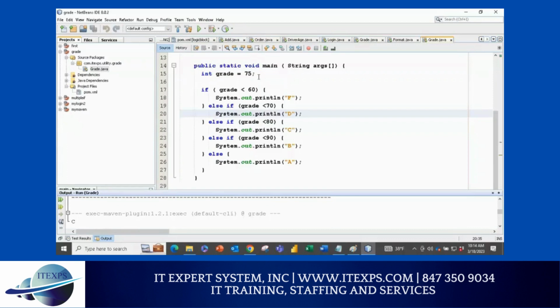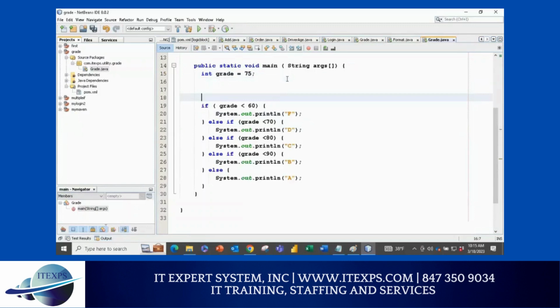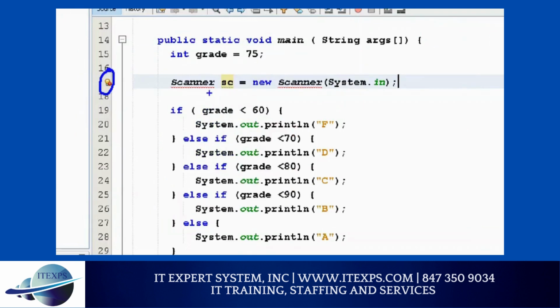Sounds good? Now, instead of this, if I want to make my program dynamic, where the user enters and my grade changes, what should I do? Scanner. And you know Scanner very well, so let's write here. We say capital S Scanner, and we say sc equal to new Scanner, and in parentheses capital S System.in, where System.in is for keyboard. You will see you have an error, so you need to import the class. So remember, Scanner with capital S, System.in with capital S. This System.in is your keyboard. You're reading the keyboard through Scanner.